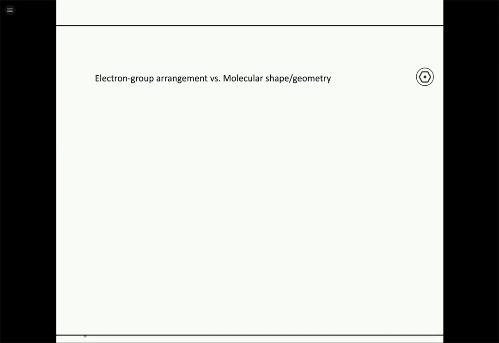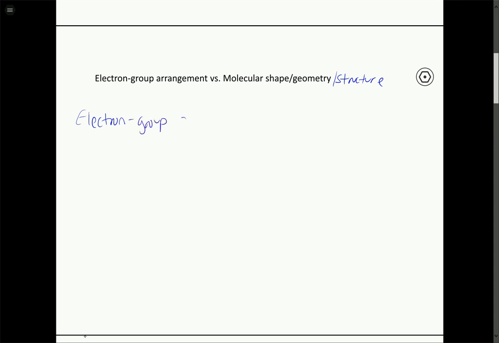We have these two different classifications, electron group arrangement versus molecular shape, which we can also call molecular geometry, structure, a few different ways of naming it. So if we ask you for the electron group arrangement, that's going to be the arrangement of all of the electron groups, which includes bonding and non-bonding or lone pair electrons. So for the electron group arrangement, it's going to be all of them considered, and it's going to be one of 5 possibilities: